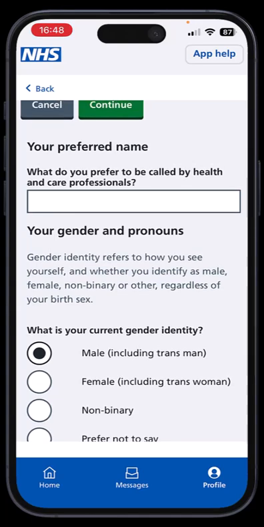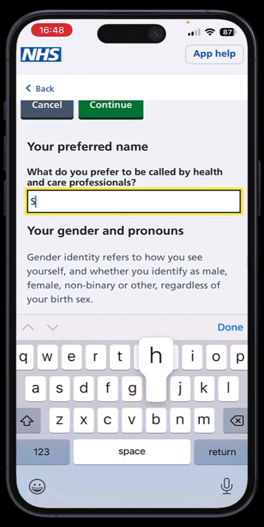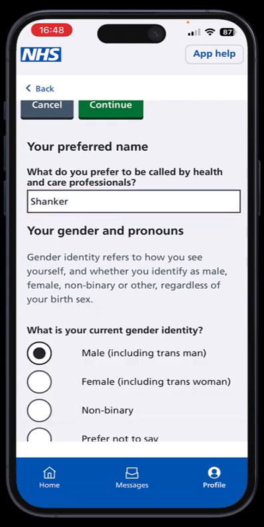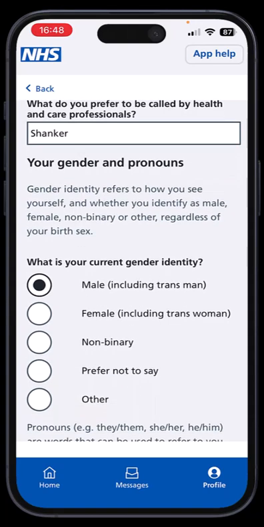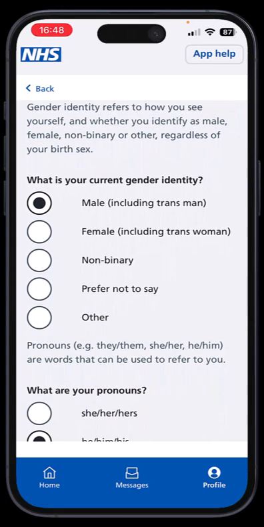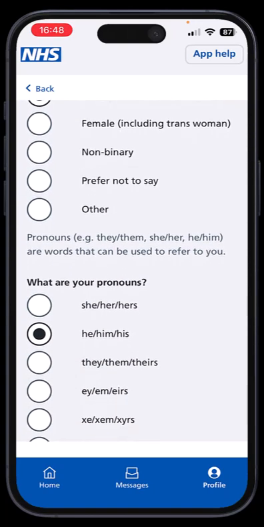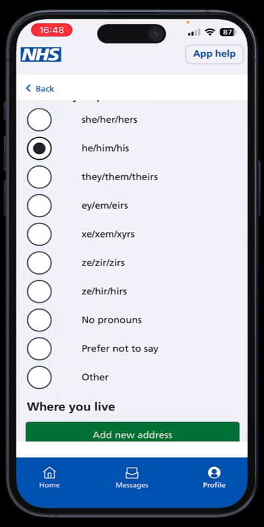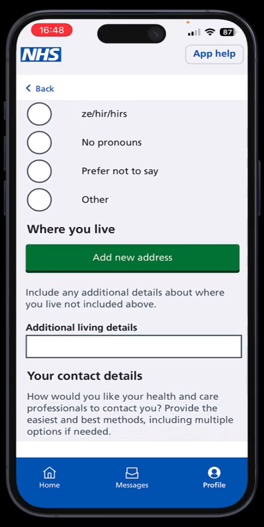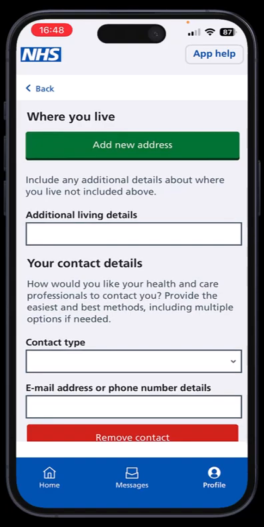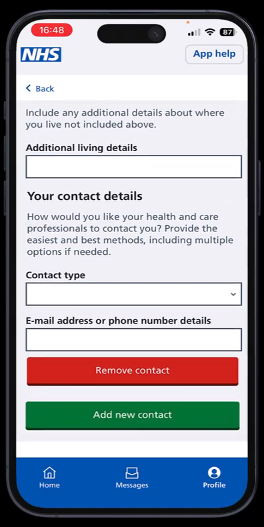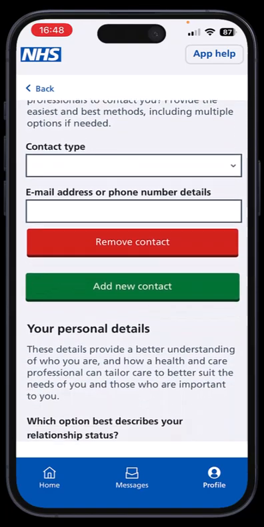So for example, that first question, your preferred name, I'm just going to write my name in there. And you can see that I've already selected something. So gender identity, it then asks about your preferred pronouns and where you live. And all of this is optional. You don't have to fill in each box. Additional living information, contact details,